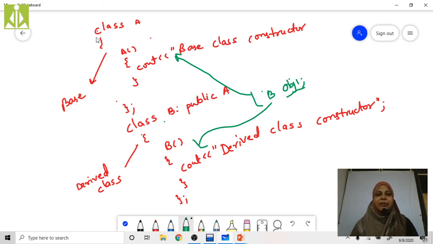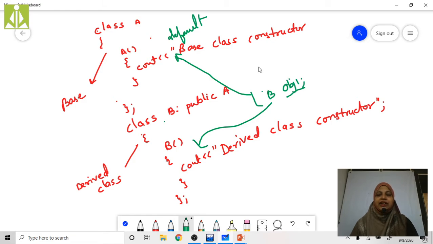But here we are performing inheritance, and B is the derived class. Whenever I create any object for the derived class, automatically the base class default constructor is invoked first, then the derived class constructor.